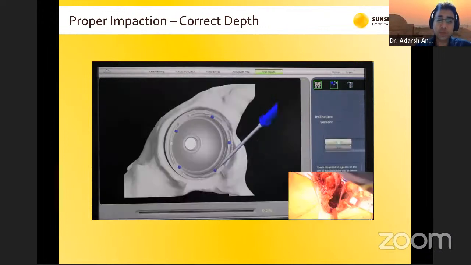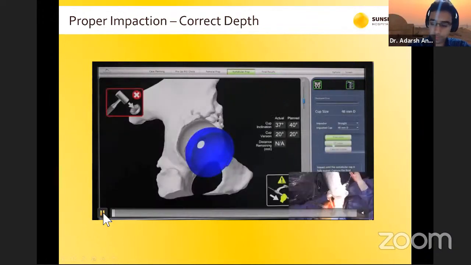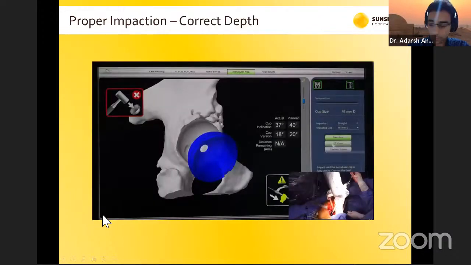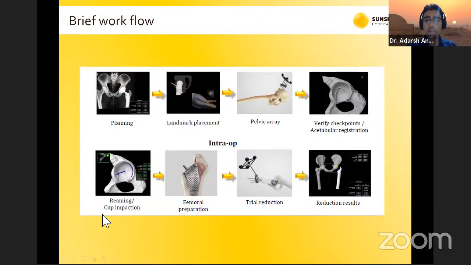Okay. Finally, you're going to check whether what you had planned beforehand is actually matching to your final cup. So you take 5 points on